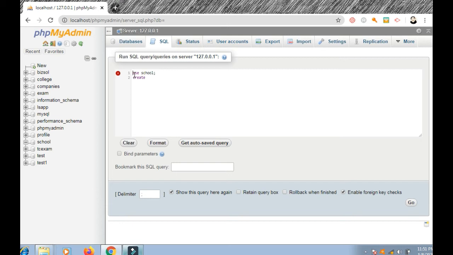We should use only two tables. Two tables are enough. There may be three tables, but we will use a one-to-many relationship.